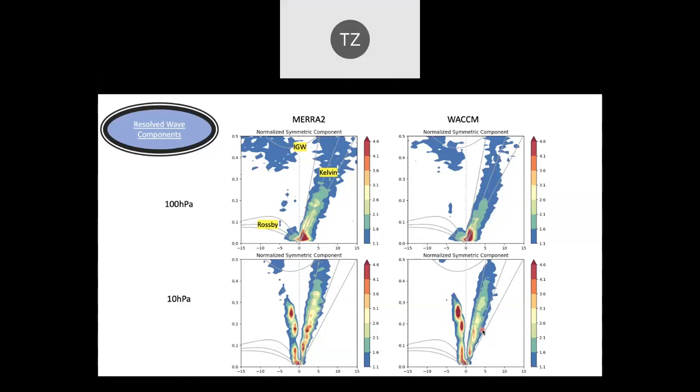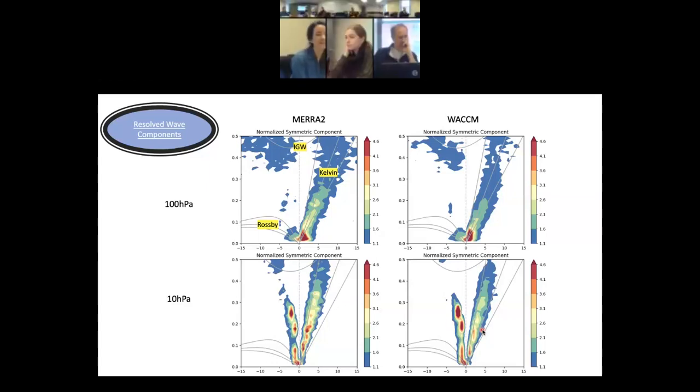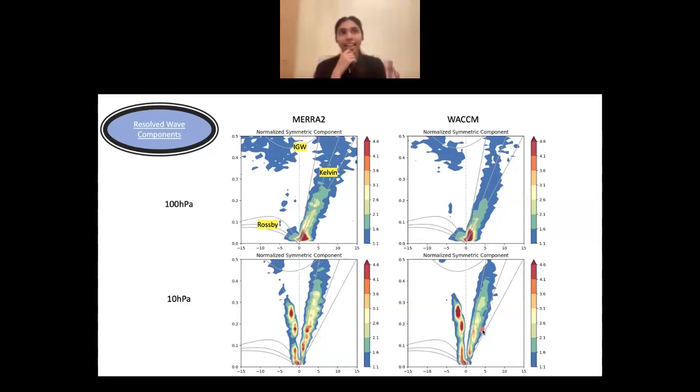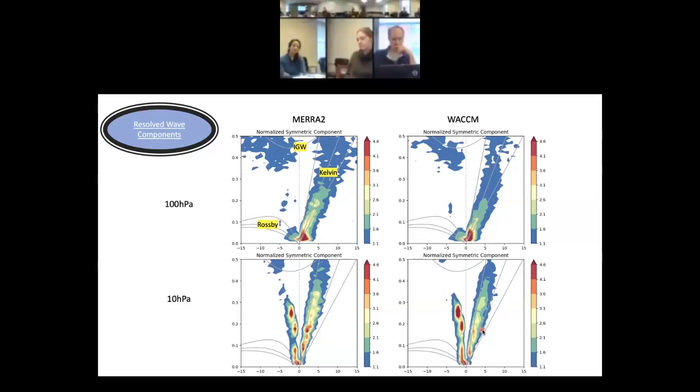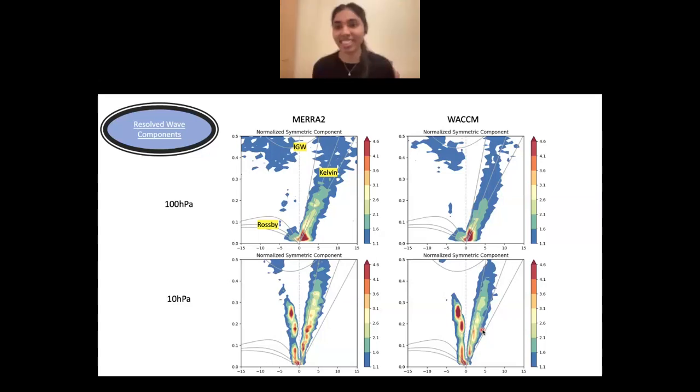Yeah, thank you. Aleena, I know it's a lot of analysis, but have you looked at how other models compare to MERRA2, other than just WACCM, and if choosing a model that has a better QBO representation further supports your point that a better QBO simulates a better SAO as well? I have just looked at other models, but I have never looked at what their QBO representation was. So actually, that will help to see if this point is valid. Yeah, I'll have a look at that. Thank you.